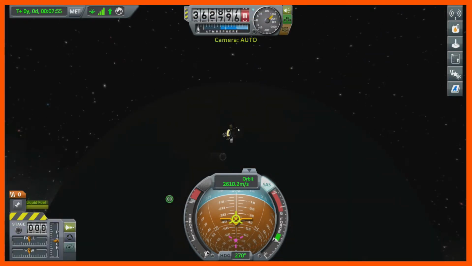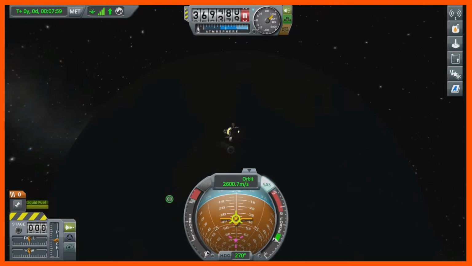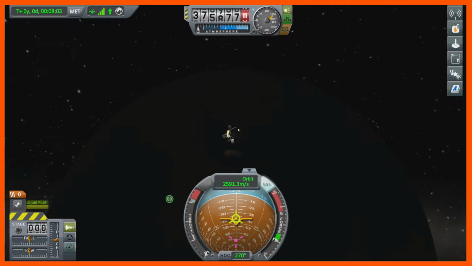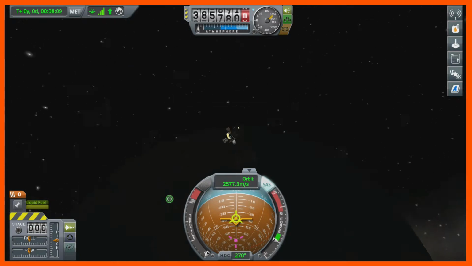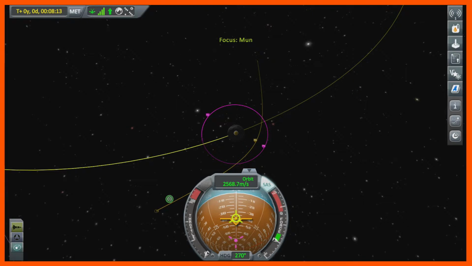All right, just do a small burn because I want to make sure that stage will not collide with me, as I'm now going to slow down because I've added too much delta-v. And it looks like that stage is going to bypass us, so it looks like we're good. So I'm going to go ahead and